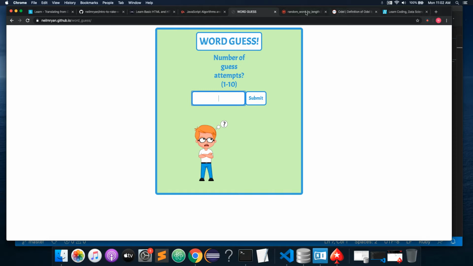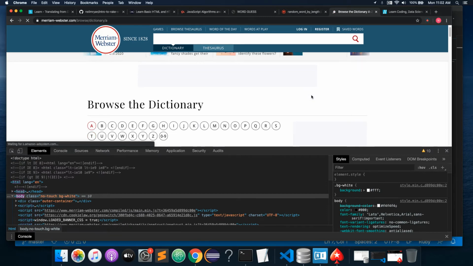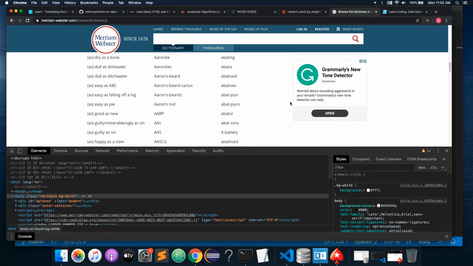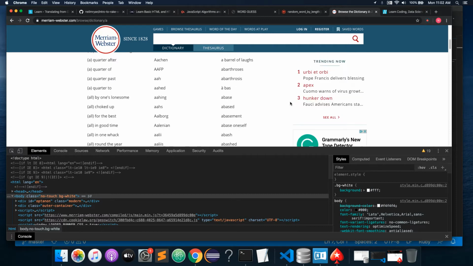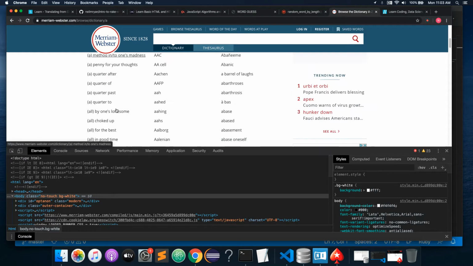And so the first idea was to visit merriam-webster.com and check out this neat browse the dictionary function that they have here. So if you visit a letter, you can get all of the words that start with that letter, and then of course you can also get a range of sub-index pages here. So in order to grab one of these words from one of the sub-index pages and have